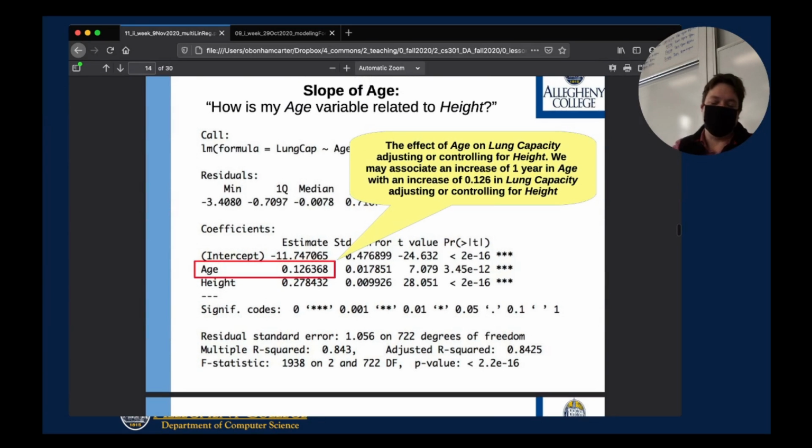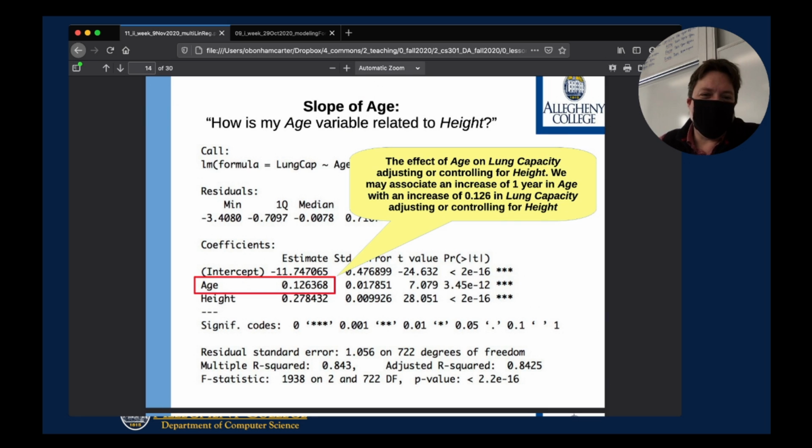That's your x you can throw in there, your independent variable. Now you are looking at how is my age variable related to height here? So what we can do now is look at these numbers. I'll just read this here: the effect of age on lung capacity, adjusting or controlling for height. We may associate an increase of 1 year in age with an increase in